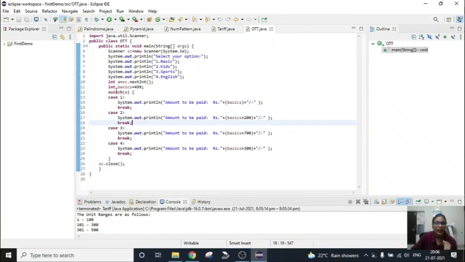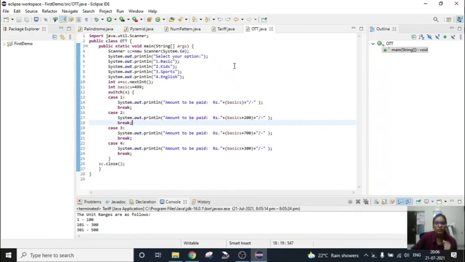Since we are given the information about how much amount we have to pay, it has to be calculated. And then I have initialized the switch statement, which contains cases and break conditions. According to the user's input, the cases will be executed, and according to the cases, the amount will be calculated.